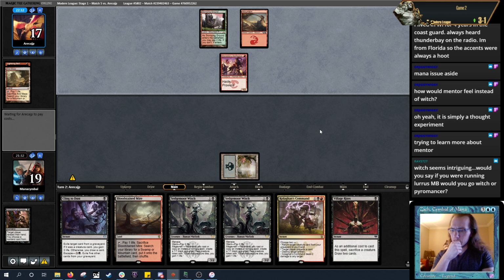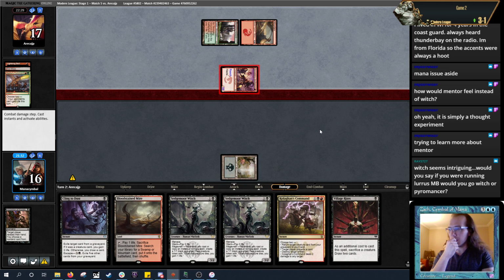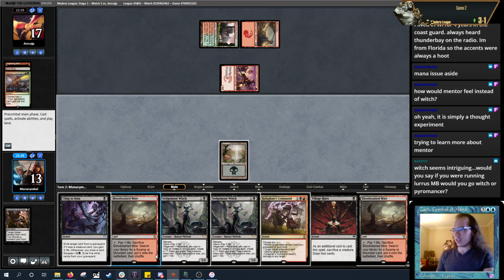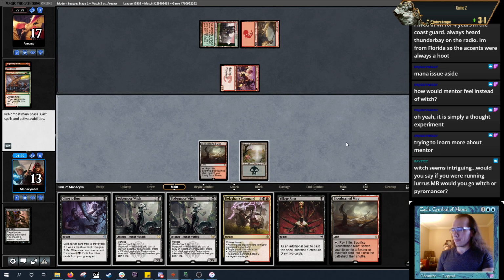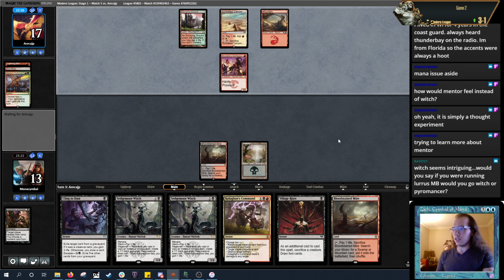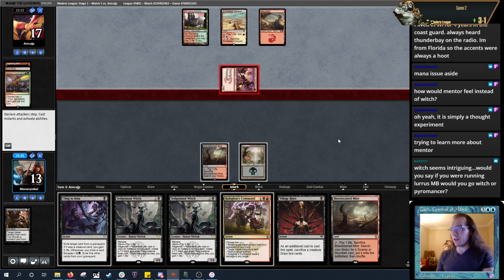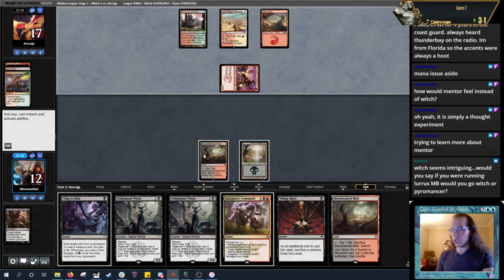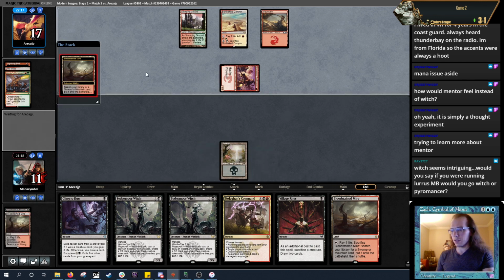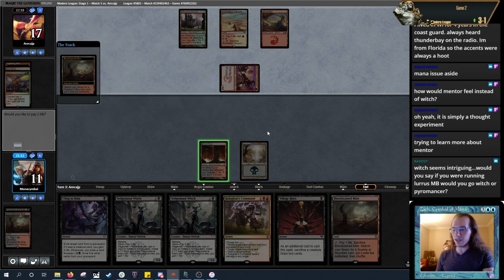Sorry. Witch seems intriguing. Would you say if you were running Lurrus main board, would you go Witch or Pyromancer? I don't think I understand the question properly. I think Lurrus brings along a lot of things that you'd want to play in your main board that I am comfortable not playing right now. So I'm not entirely sure how that would look. I think Witch and Pyromancer go really nicely in the same deck. So